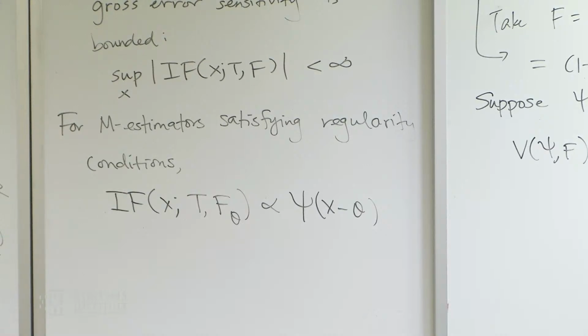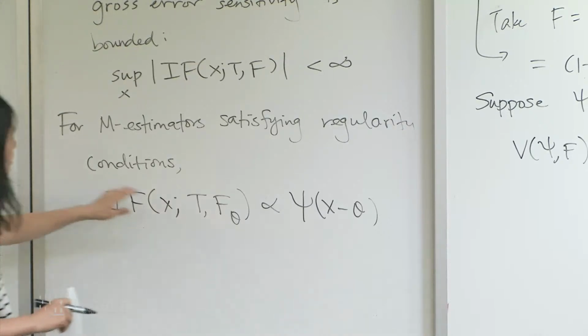So t is now taking the place of epsilon. And unlike the Huber case where we had a fixed ball, small epsilon, but not vanishing, now the contamination is vanishing. You're only allowing contamination by point mass. But the point is that, if this functional has a linearity property, then if you want to know how much you contaminate by a general distribution, you sort of integrate the influence of individual points.